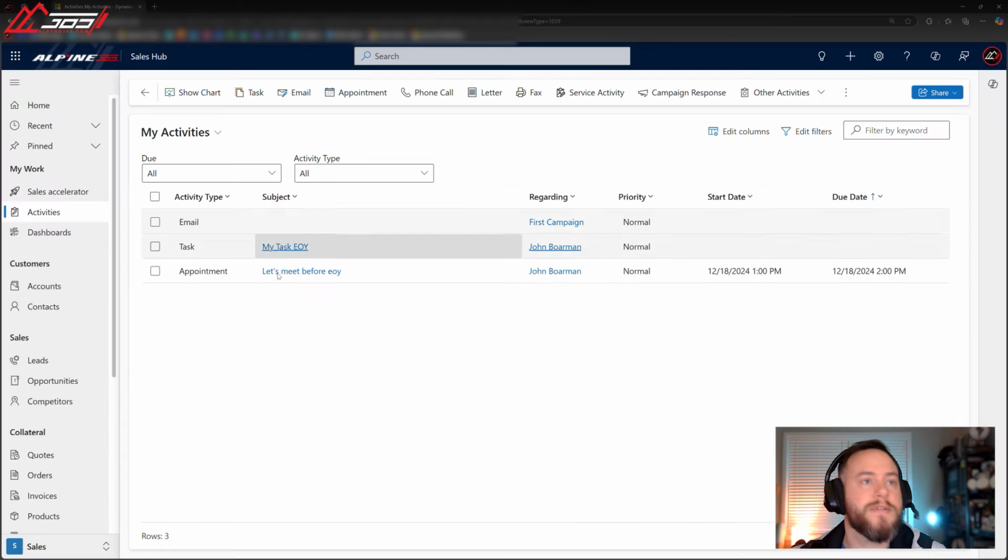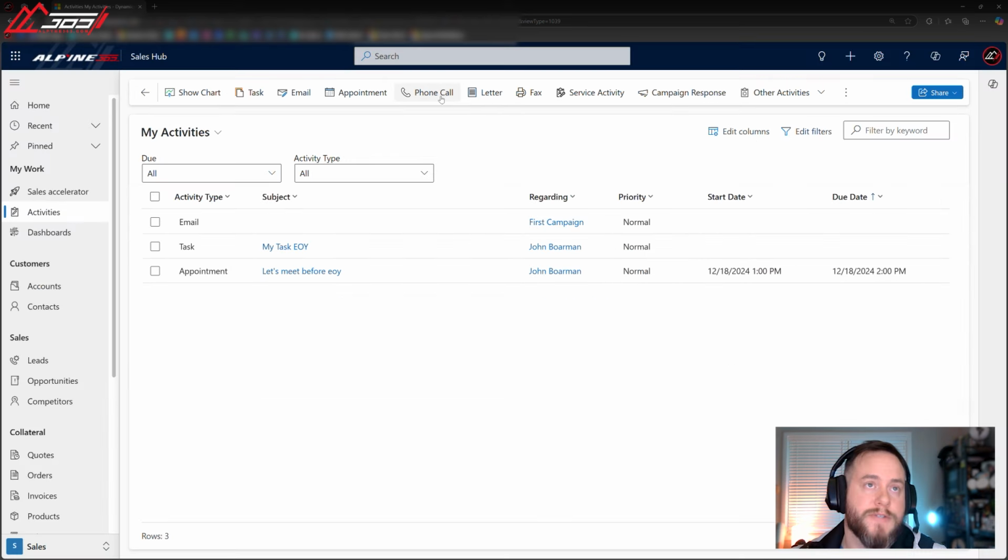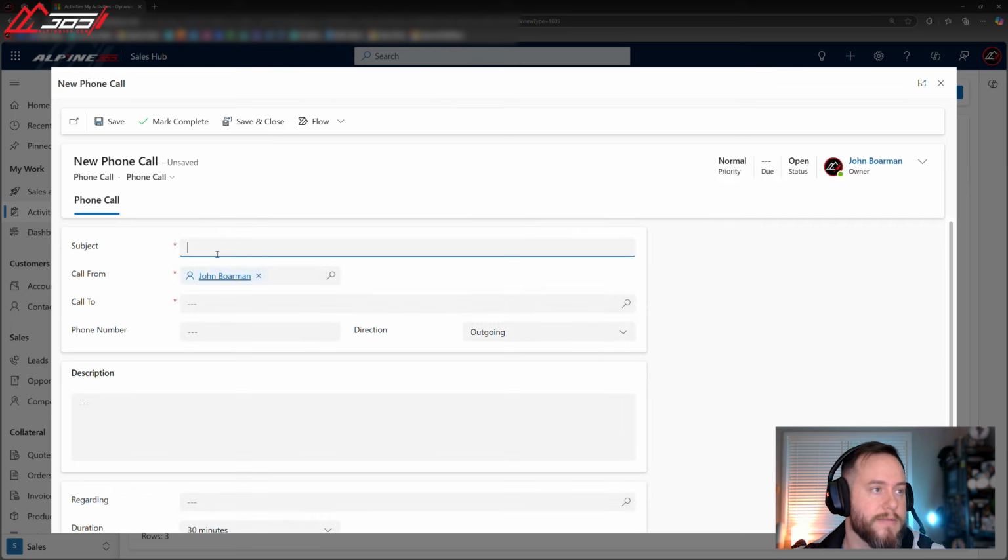So yeah, appointments, pretty straightforward. Tasks, and you don't even need to leave Dynamics to send emails actually. So you have email integration built into this thing. You can manually create phone call events. To remind yourself to call somebody, you just hit this, and you can create whatever you want it to be. Circling back on quote number